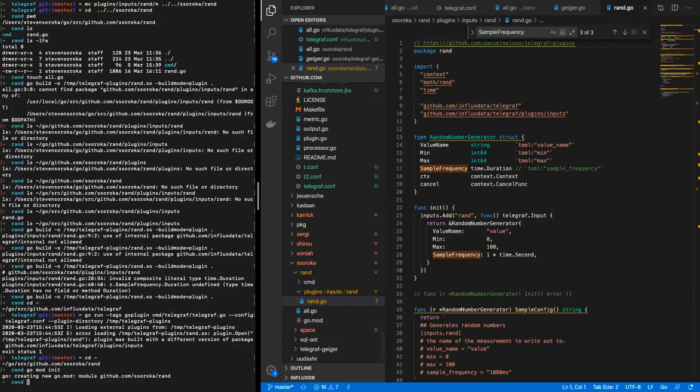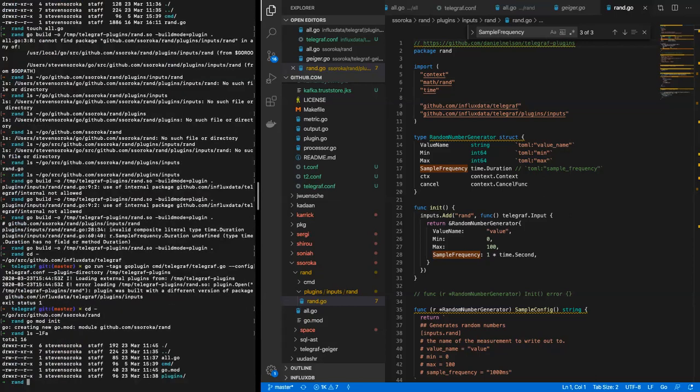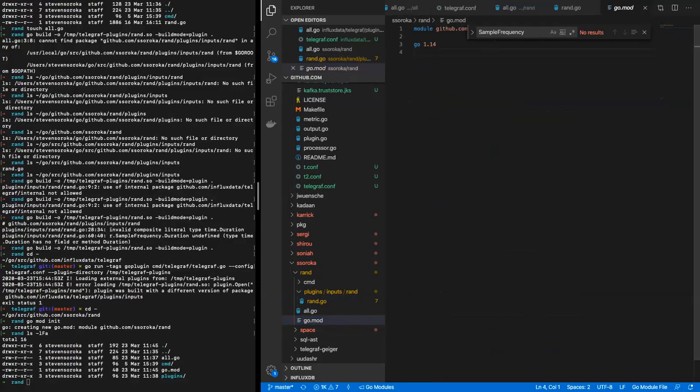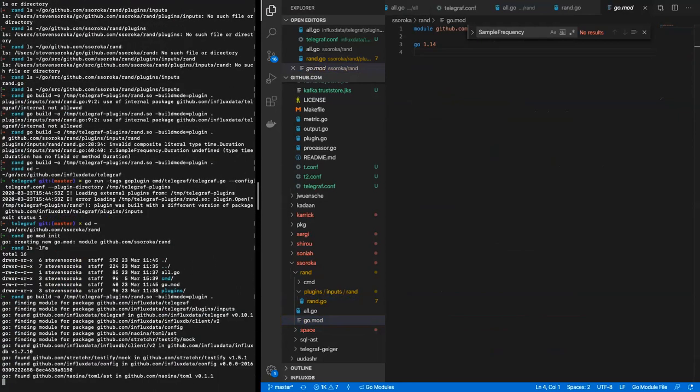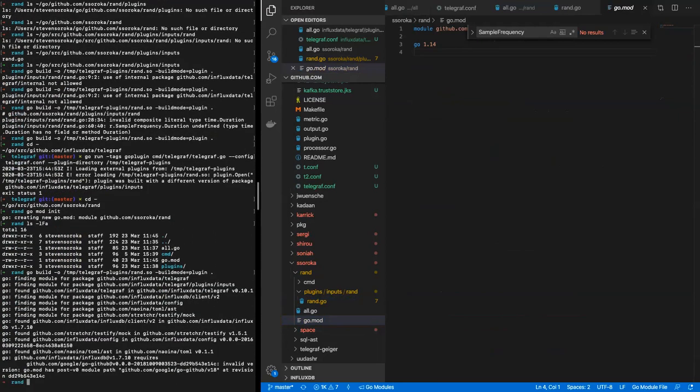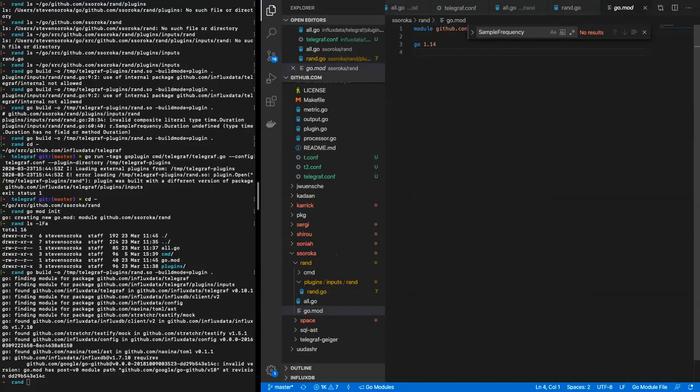We created a go mod here, and let's build this again because it's going to fill up our go mod. I think the issue is